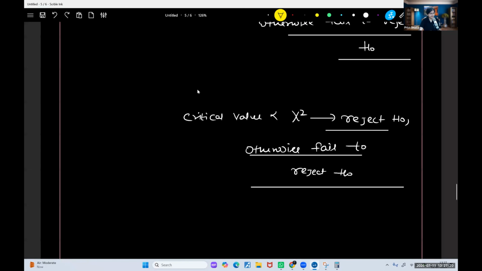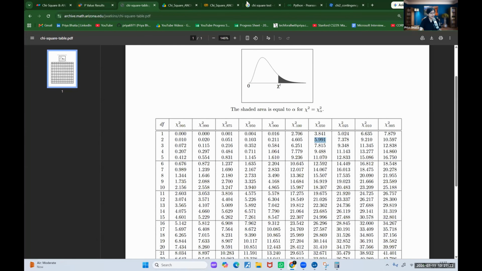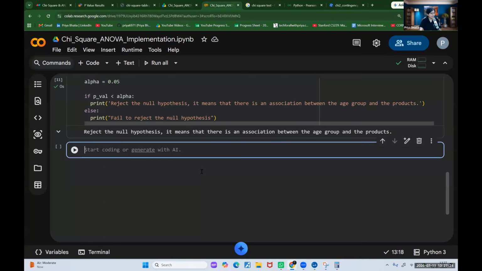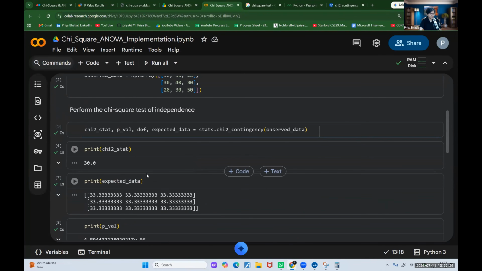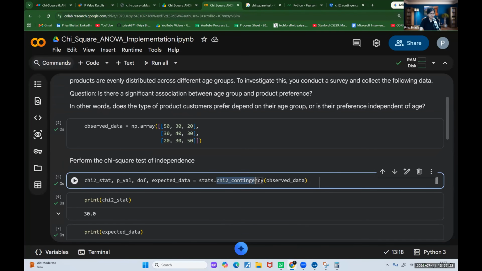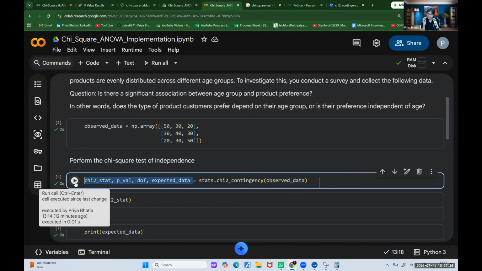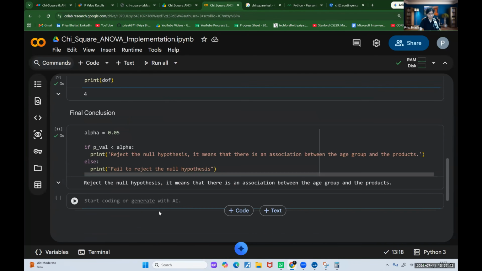इसको इम्प्लीमेंट करने के लिए मैंने आपको बताया कि क्योंकि हम यहाँ पे इंडिपेंडेंस टेस्ट कर रहे हैं, तो हमारे पास स्काईपाई के अंदर एक बड़ा इंटरेस्टिंग फंक्शन होता है, काई स्क्वायर अंडरस्कोर कंटिजेंसी। इसको हमें यूज करना है। इसको यूज करते ही आपके पास तीनों वैल्यूज आ जाएंगे। काई स्क्वायर की स्टैटिस्टिकल वैल्यू कितनी है, पी वैल्यू कितनी है, डिग्री ऑफ फ्रीडम कितना है, और एक्सपेक्टेड डेटा कितना है। एंड दैट्स व्हाट आई हैव शोकेस्ड यू स्टेप बाय स्टेप।